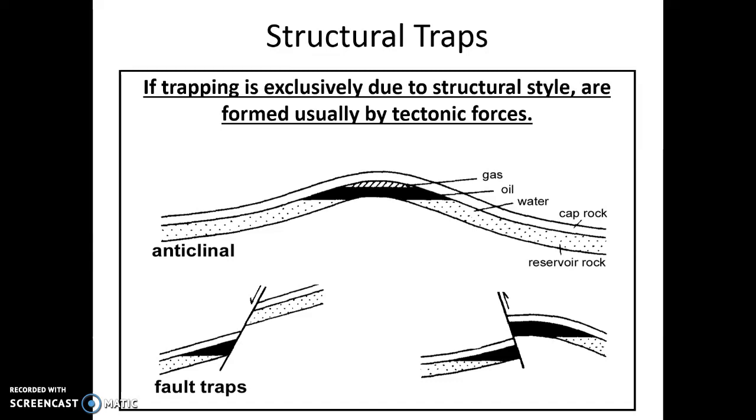tectonic forces. So you can see here the anticline, right? It is where rocks are folded and bent outwards. The hydrocarbons normally will migrate up to the flank of the anticline and will be trapped in the crest. Meanwhile, faults usually occur where there is movement along a joint or fracture. So it is the offsets of the beds that could result in an impermeable layer being on top of a